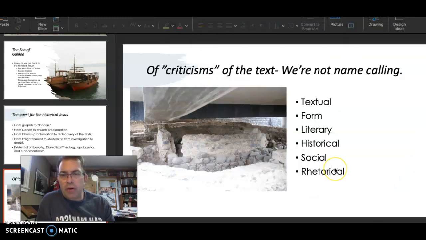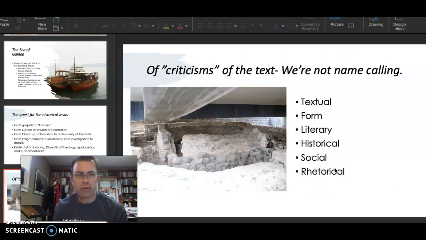So we were talking about criticisms of the text. We talked about textual criticism, form criticism. Just another note about form criticism, since I really had to go quickly through that. Rudolf Bultmann really perfected form criticism in the early part of the 20th century. Form criticism is looking at the Gospels and their constituent parts and their relationship, and asking the question, where would this piece most naturally fall within a first century Jewish Palestinian context? How does it fit also within the life of the community that it's representing?